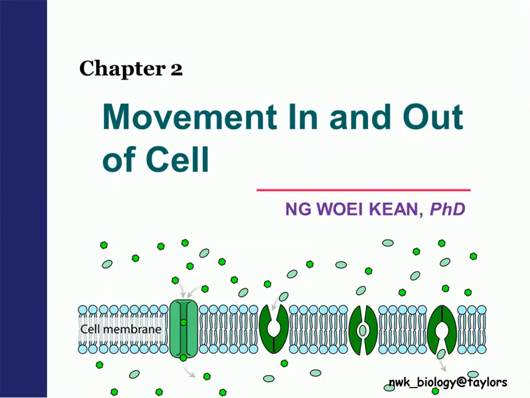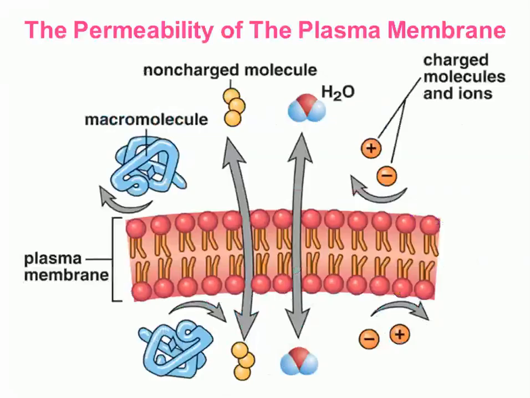We have learned the structure of plasma membrane and also the characteristic of plasma membrane in the previous chapter. Now, let's look at how substances are able to cross the plasma membrane in and out. First of all, we know that the main component of plasma membrane, or cell surface membrane, is formed by